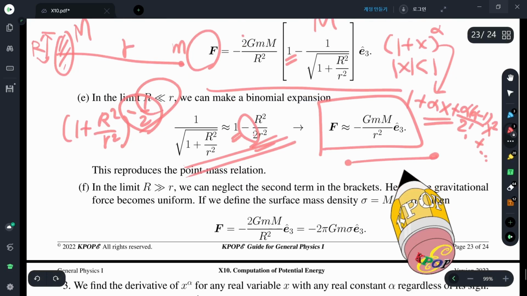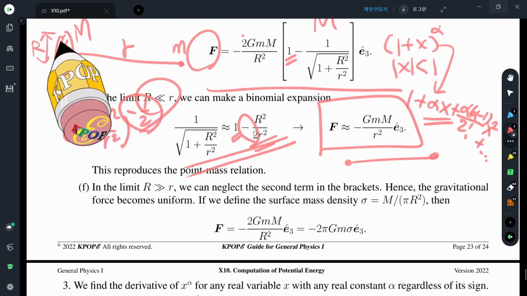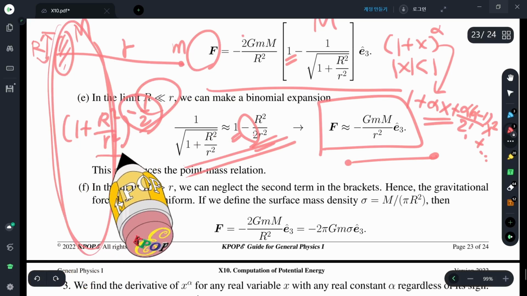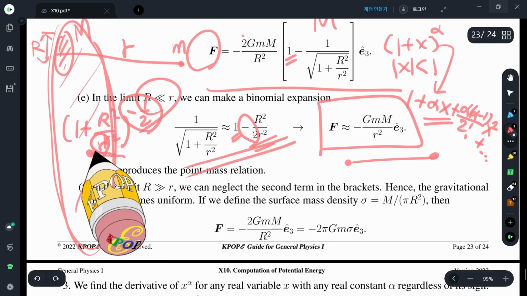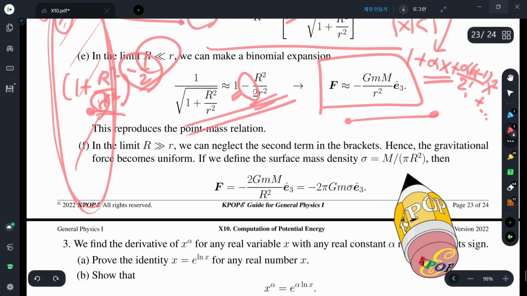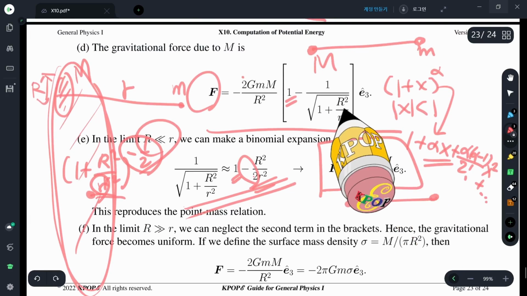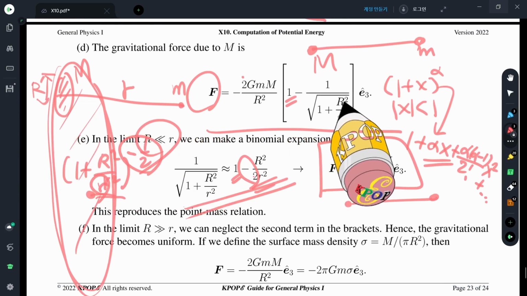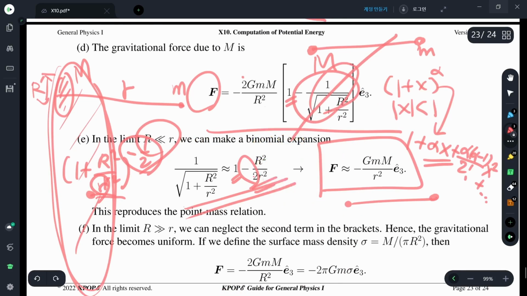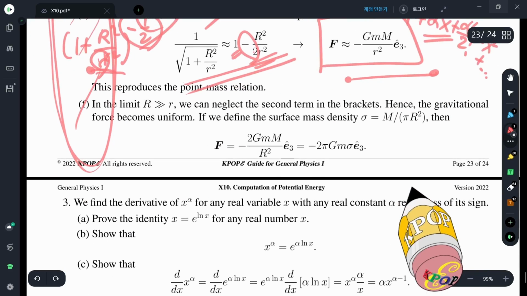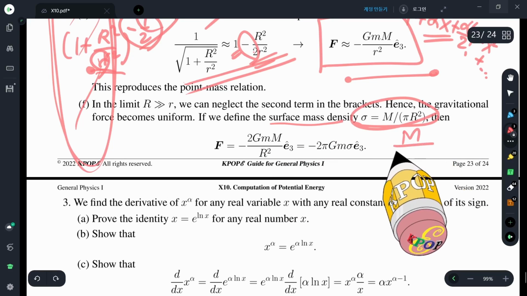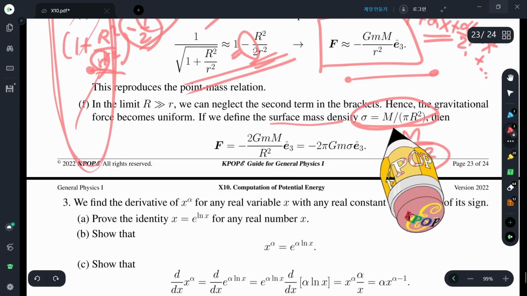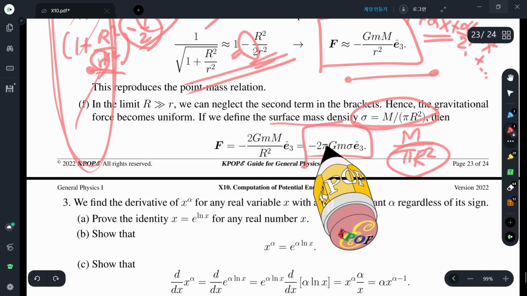Next, what happens if the radius is much bigger than the perpendicular distance small r? So this is a flat world, and you are just standing on a flat world. Then what you have to do is just take the limit capital R goes to infinity. Oh, 0! Too easy. This is the final result. We can replace this with the surface mass density, mass per unit area, and then it is expressed in this way. It is just constant,